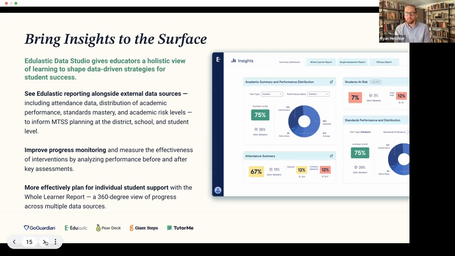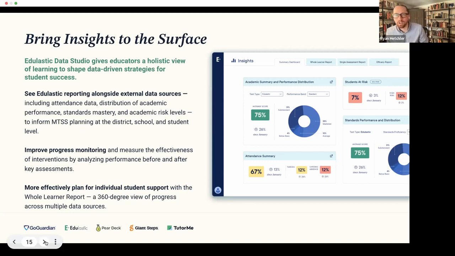I love talking about this topic. I love the idea of guiding educators through this process of making data more usable and actionable. And at Edulastic, one of the things that we've brought to our assessment product is Data Studio, and this idea of being able to take data, regardless of where it comes from, different platforms, different places within the school, and bring it all together in one source. It is something that I wish I had when I was working in my district,